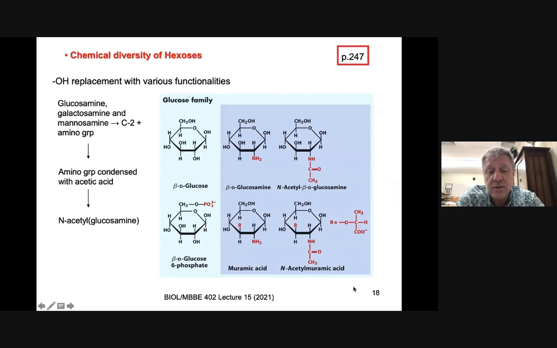We also had a look at the chemical diversity of the hexoses, in this case the glucose backbone or glucose cyclic molecule, in regards to what we can actually diversify structurally with these. And they all seem to be following a very similar event component by first going through a glycosamine, then having that amine derivatized with an acetylation, and then that acetylation also having capacity to attract additional side chain modifications as we move through the structure, as we look at N-acetylmuramic acid down there in